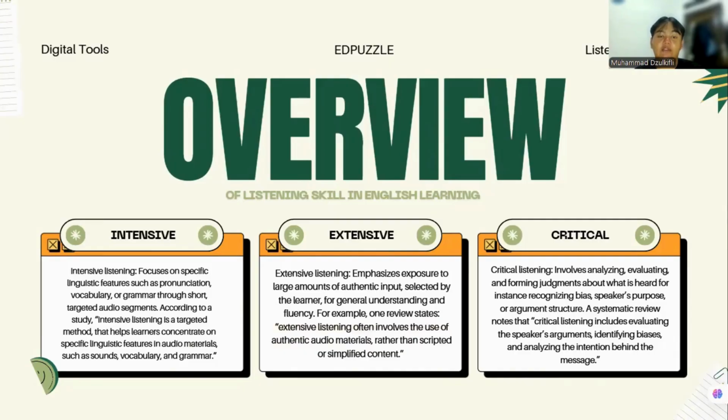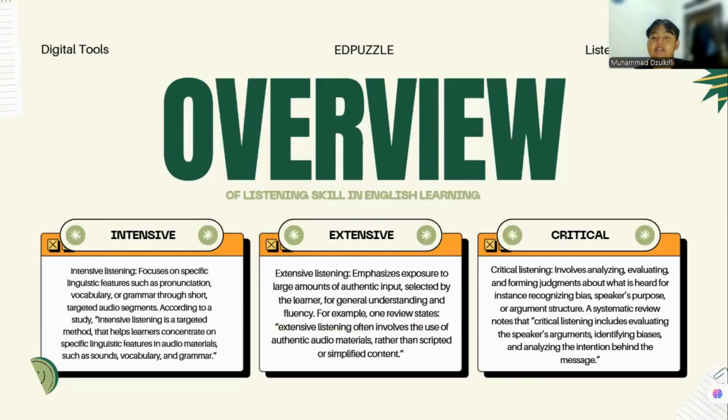Meanwhile, the second one is extensive listening. It emphasizes exposure to large amounts of authentic input selected by the learner for general understanding and fluency. For example, one review states extensive listening often involves the use of authentic audio materials rather than scripted or simplified content. And the third one is critical listening. Critical listening is more complex. It involves analyzing, evaluating, and forming judgments about what is heard, for instance, recognizing bias, speaker's purpose, or argument structure.